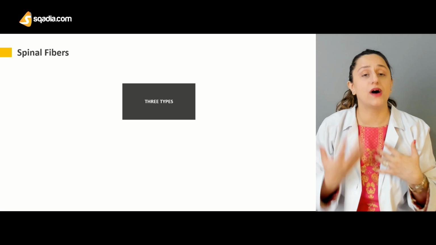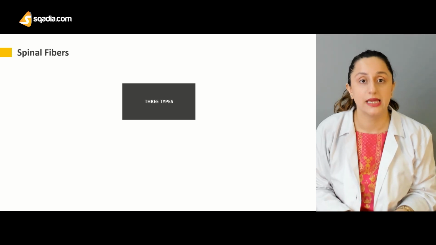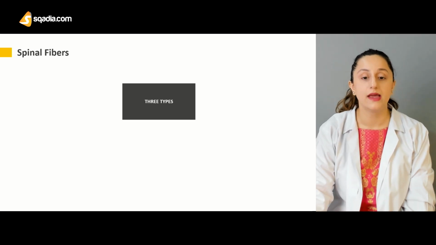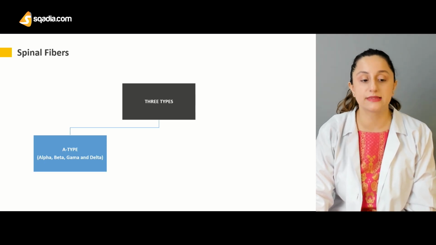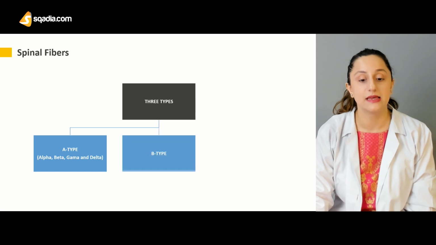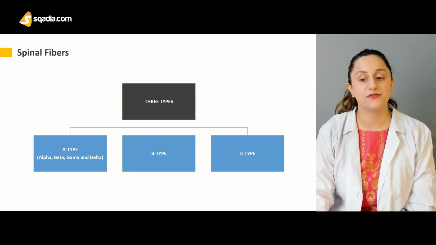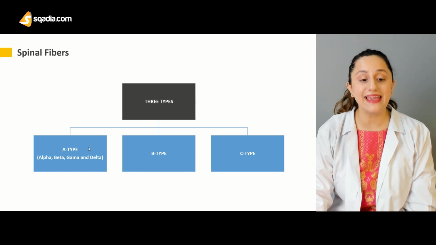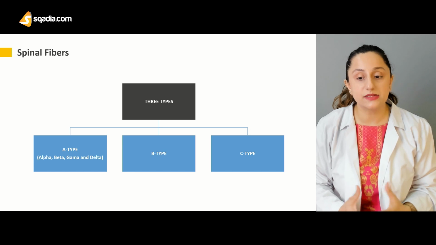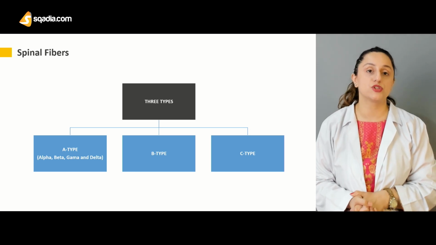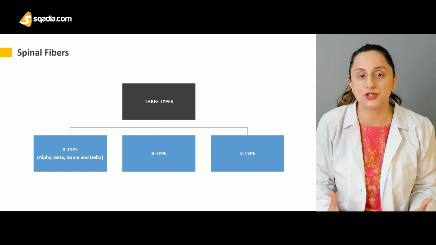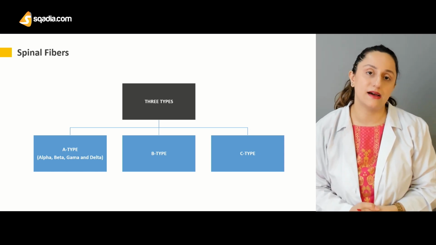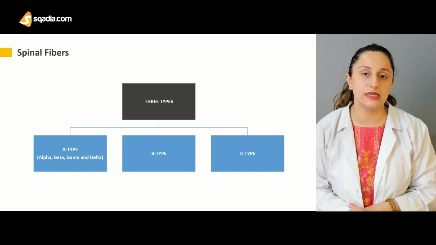Depending upon how fast and how slow this conduction takes place in the spinal cord, we usually divide these into three types, that is A-type fibers, alpha, beta, gamma, and delta fibers. We have the B-type fibers, and then finally we have the C-type fibers. Now, the A and the B-type fibers are basically very fast fibers, and then we have the C-type fibers, which are rather slow fibers, and they are even responsible for carrying the pain sensations towards the higher centers of the